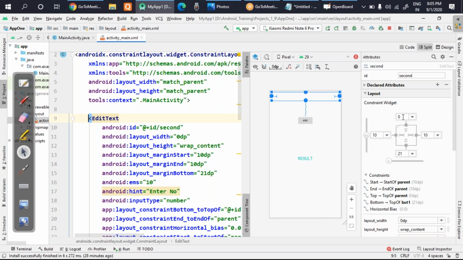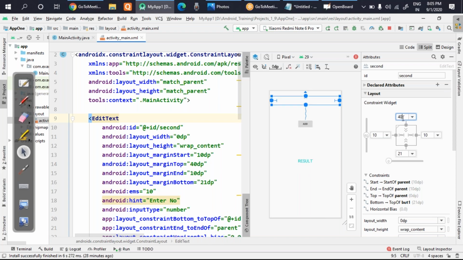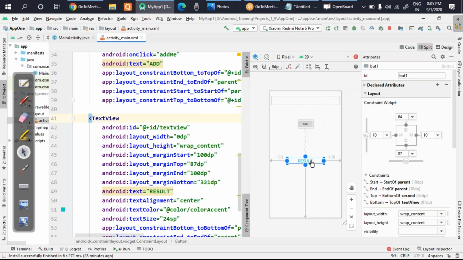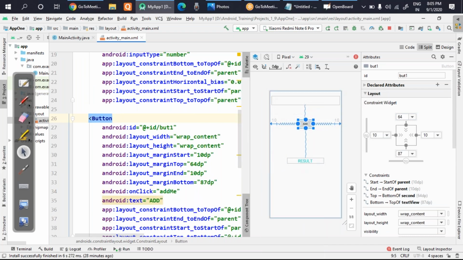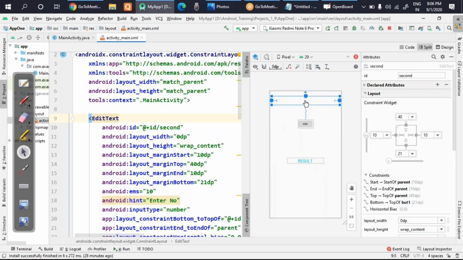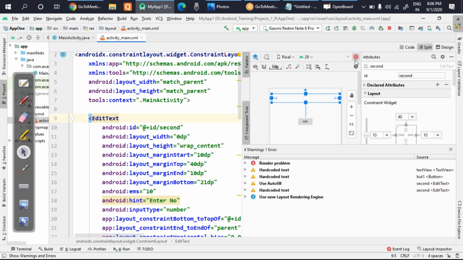Okay, now if you look carefully, I'm keeping it as 40 here on the top. Let's keep it a small one for the time being so that no errors should be there. Okay. If this rendering error is coming, then maybe I will have to close the Android Studio and open it once more. This issue sometimes comes, but as I can see, there are no errors. Only because of this rendering issue, this error is coming. So I'll just close this Android Studio and open it once more.